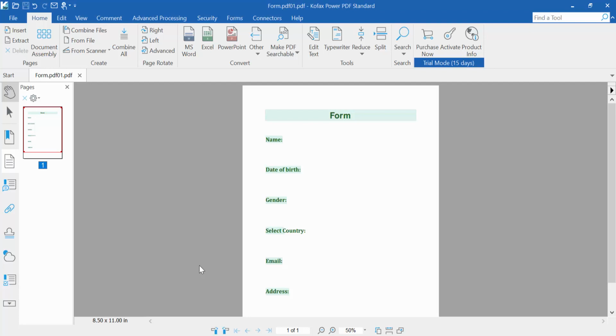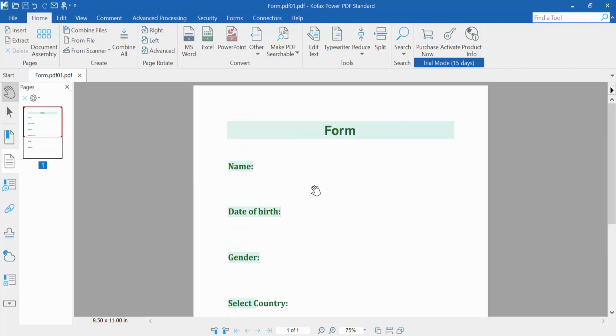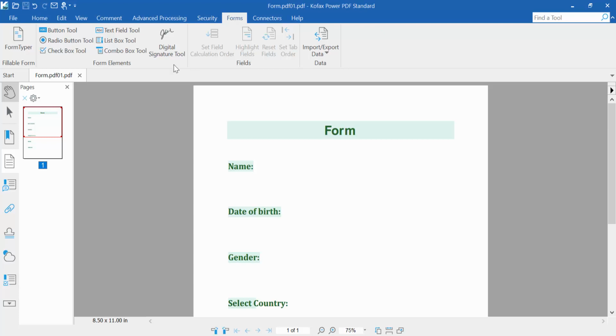Hello everyone, today I will show you how to create a drop-down menu list in a fillable PDF form using Kofax Power PDF. First open your PDF form and click this form option. Here you will find this combo box tools. Click here